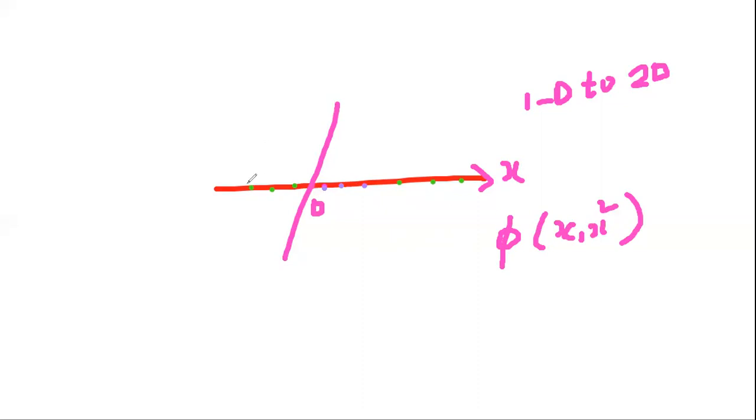If you square each and every feature, let us assume this is the minus 2 point, minus 2 squared, which is nothing but 4. It comes somewhere here. If you perform the same thing here, minus 1 squared is nothing but 1 only. If you perform the same thing here, 0 squared is nothing but 0 only. Same thing, 1 squared returns 1. So here it is a different category.